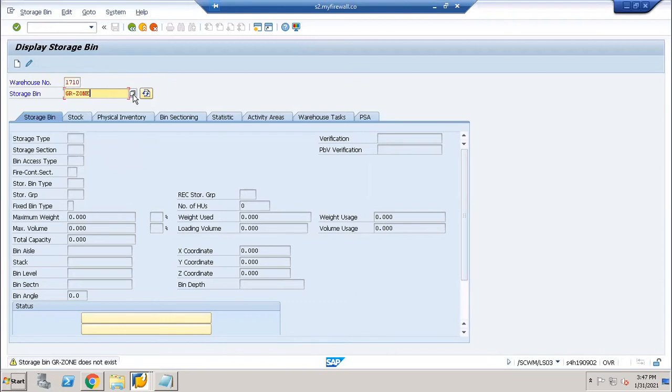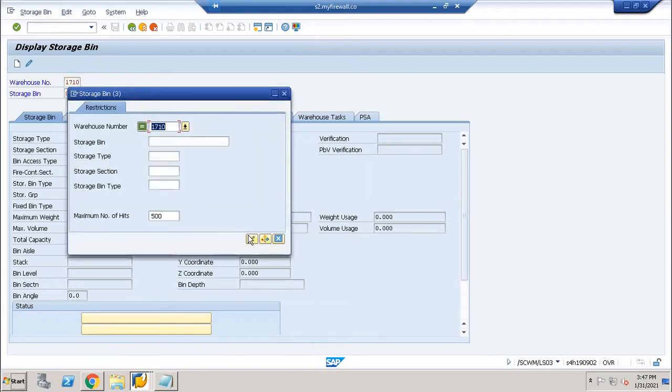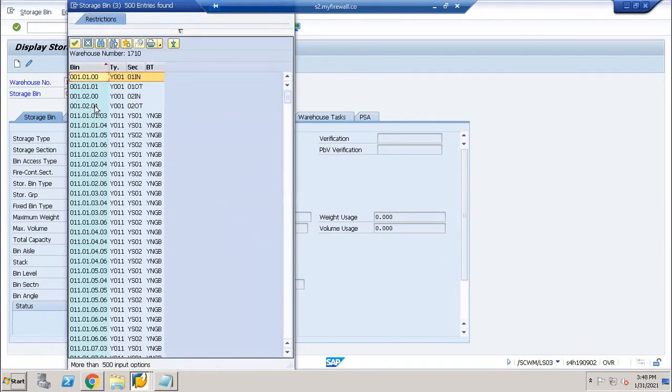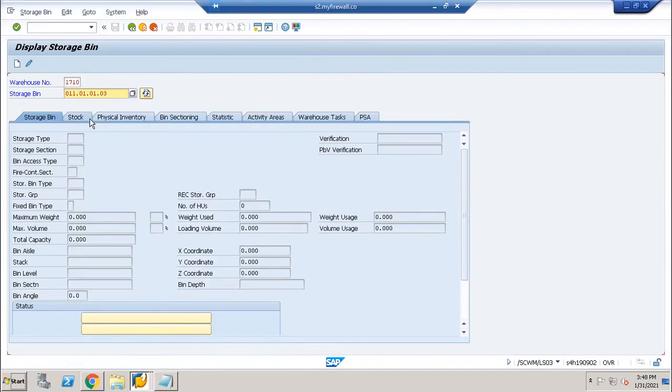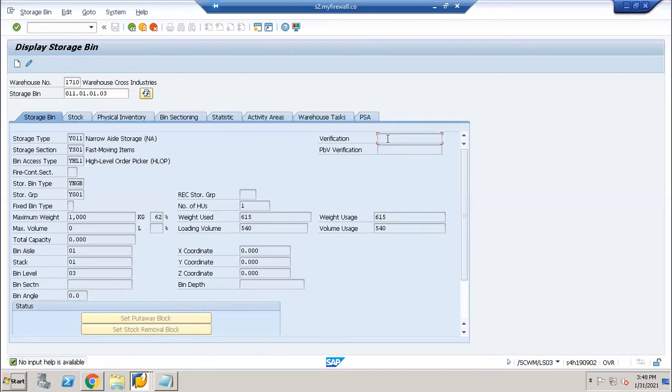Okay, we can find out any bin. Okay, now this is the verification control. Okay, so this verification control we can maintain here. You can have a 4, or you can do it in the chain mode. So this verification control should contain this storage bin number only.